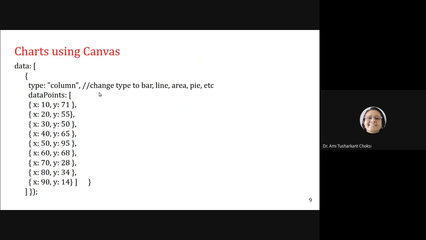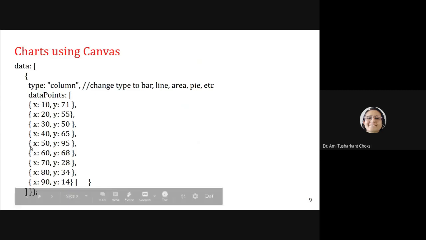If we want to try any other type of canvas chart, we just have to change this column to bar or line or area or pie, etc. So, with the same code, we will be able to have different types of charts.